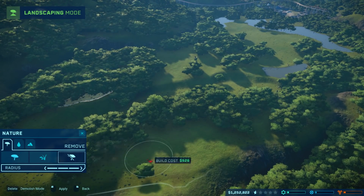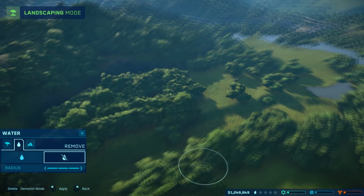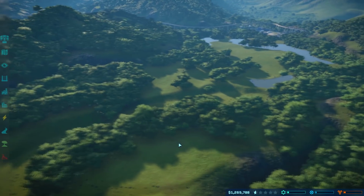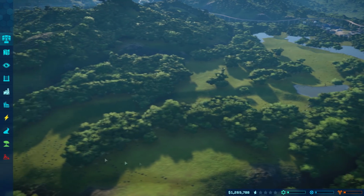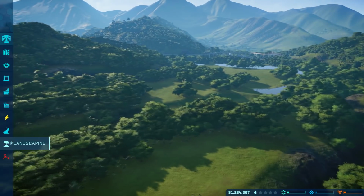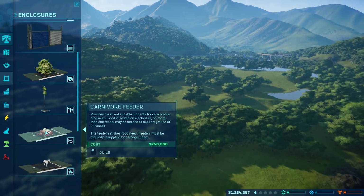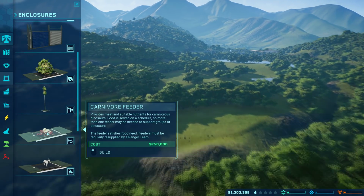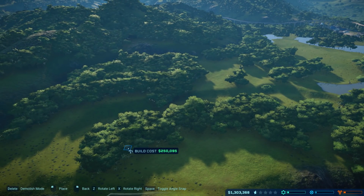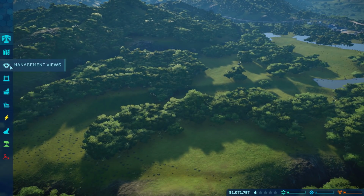Alright, let's go ahead and remove this water over here, because I don't want the raptors to be attracted to that. And we're not going to put the raptors in right now. It's going to be more like a scene thing whenever we get the scene right. We can't just have raptors roaming around right now because we don't have the update, and they'll just kill mercilessly and not pay attention to their feeder. Hopefully we'll be able to remove the feeder eventually, but then they'll roam a lot because they'll need to hunt. So we might still localize them to a feeder. I don't know yet. So let's drop a feeder about here to keep them attracted this way and away from all the herbivores. And we're also going to need a little bit of...